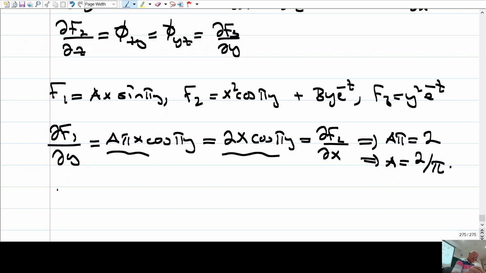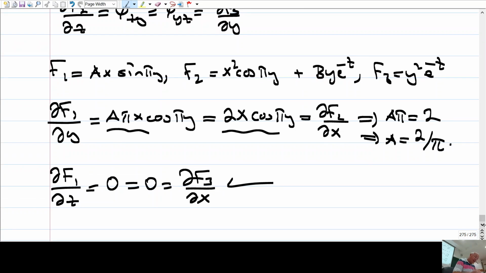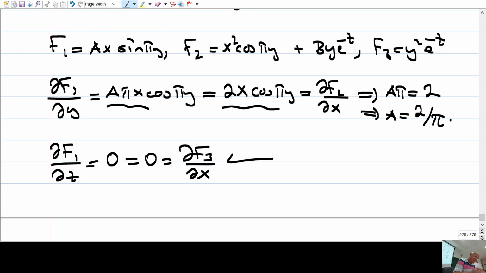And what about this condition? Del f1 del z. The derivative of this with respect to z is just 0, and this should be the derivative of f3 with respect to x. Well, that is also 0. So this is automatically satisfied. And the third condition is that, okay,